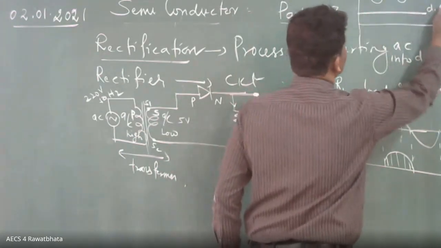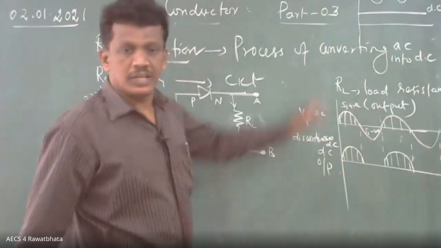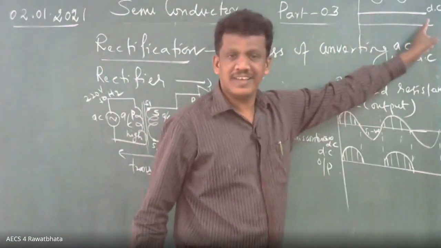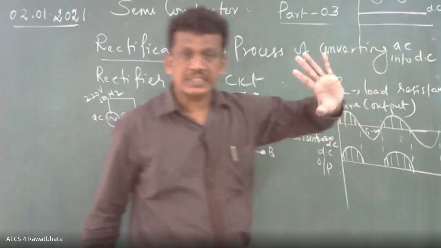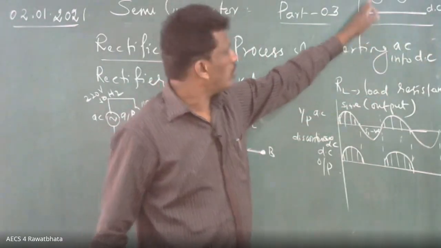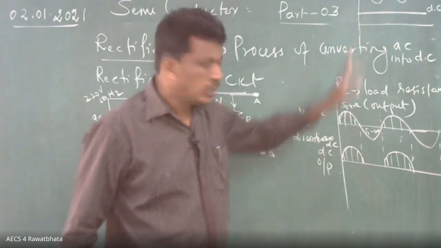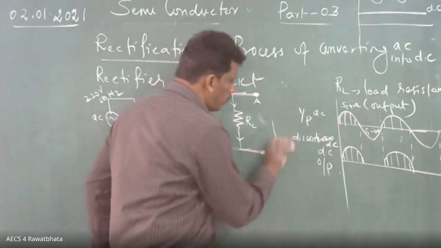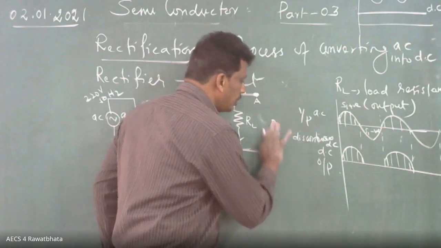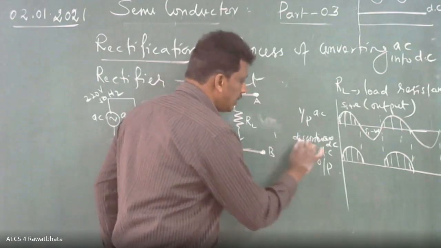So this is DC, no? Straight, no change in the magnitude and direction. Perfect DC. Okay, this is AC. So that's why it is not a perfect DC, no? What do you say? Pulsating, discontinuous, pulsating